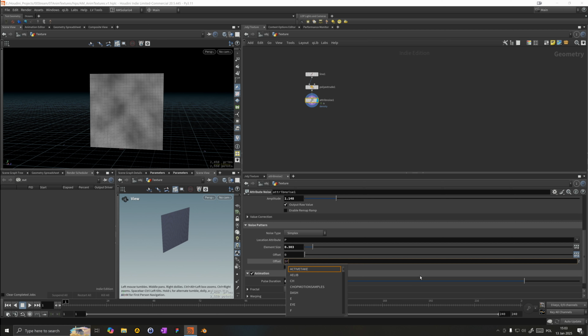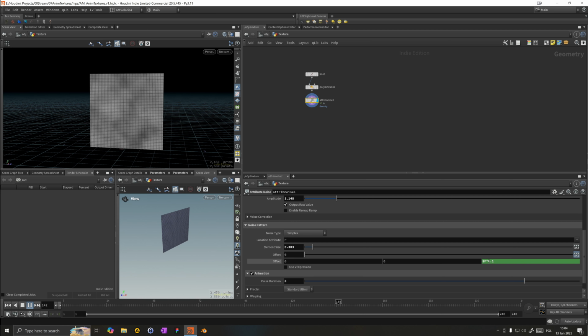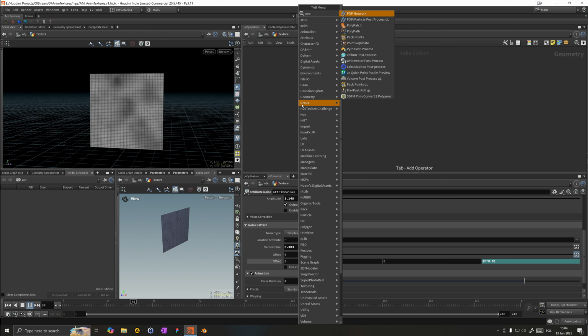It will be $F times 0.1. Right, 0.1. Whatever, we can adjust it or not. Then let's just make a pop net